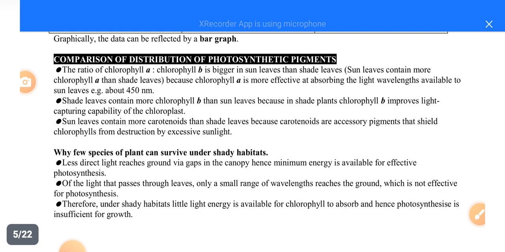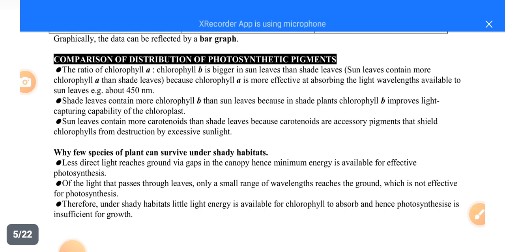Then the last bullet there: sun leaves contain more carotenoids than shade leaves because carotenoids are accessory pigments that shield chlorophyll from destruction by excessive